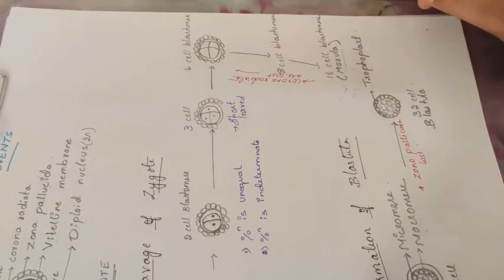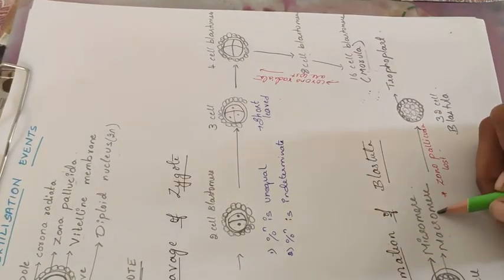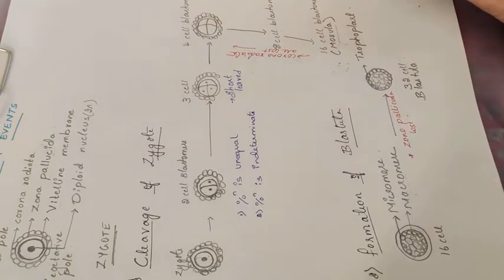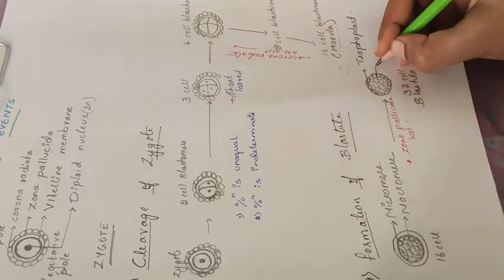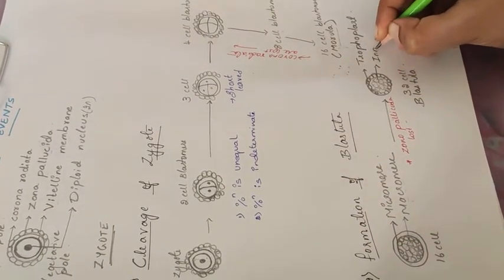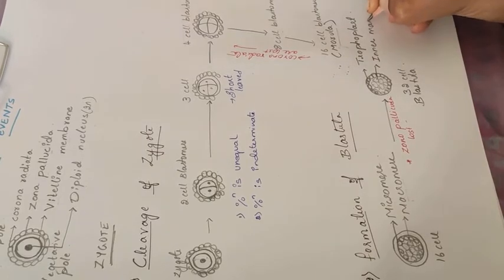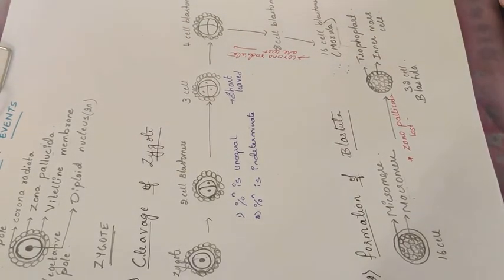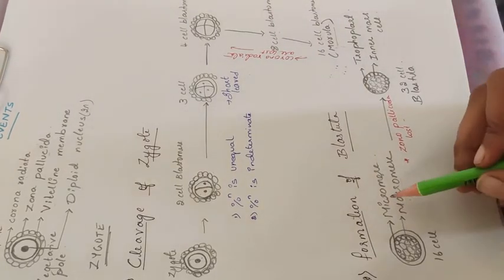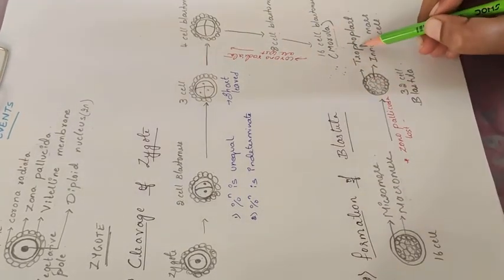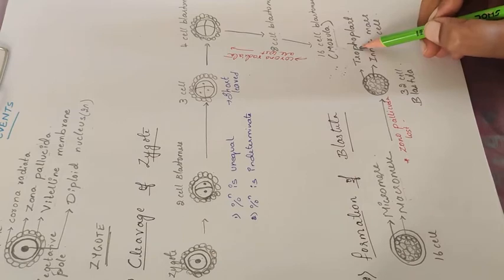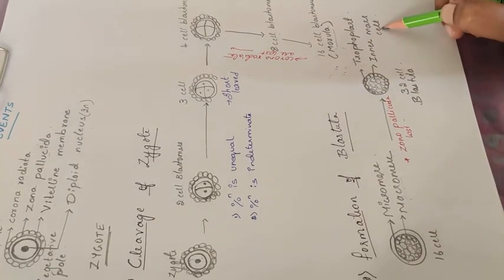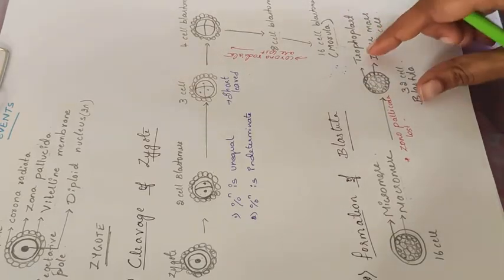Trophoblast is formed from micromere, whereas the macromere which was present, the larger cell which was present at the center here, will be called the inner mass cells. Hope I am clear. Micromere will be converted into trophoblast, and the macromeres which are present form the inner mass cells. And now it is this